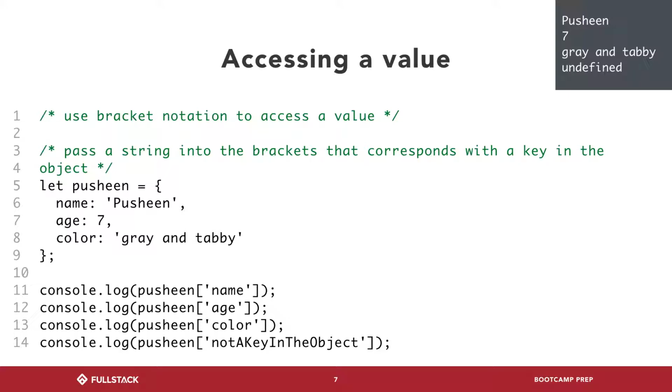So even though when we create this, we know that this always has to be a string, so we can play fast and loose, if you will, with not explicitly calling a string every time. Here, once again, we need to go back to the JavaScript world and say, hey, if something doesn't have a quote around it, we're going to assume it's a variable unless something else happens to it. So to access any key, we just use bracket notation and we pass in the name of the key as a string